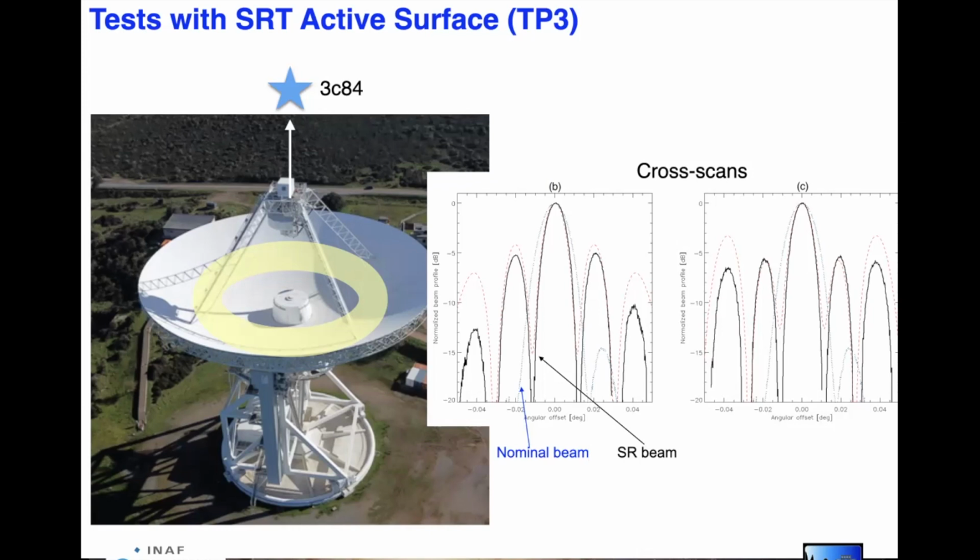Then we performed some cross scans of a calibrator, in this case 3C84. Here you can see the results of some of these cross scans, where the dotted blue line represents the nominal beam of the telescope with no activation of the active surface, and the black solid line represents the beam obtained with the super resolution mode. As you can see, we get indeed a beam in super resolution mode which is narrower than the nominal beam, by a factor of about 1.6,